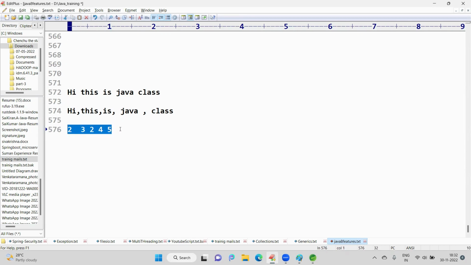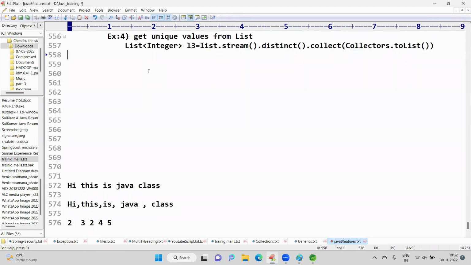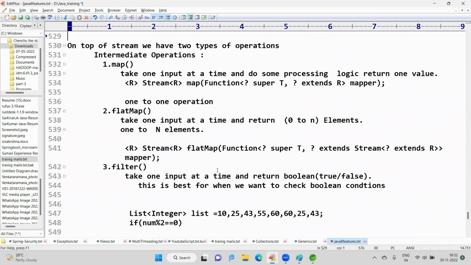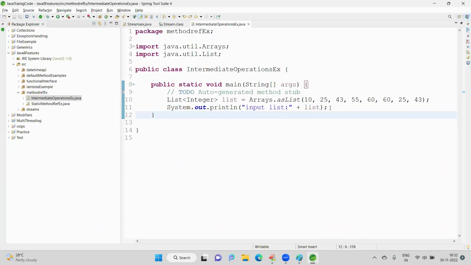Okay. Getting the multiple outputs. In that case, we have to go for the flat map, flattening purpose. Okay, so just see this example, first map. In this map, my scenario is, okay, my scenario is,